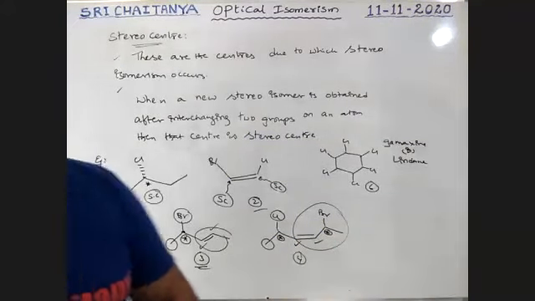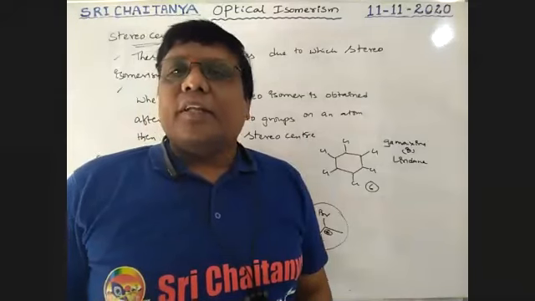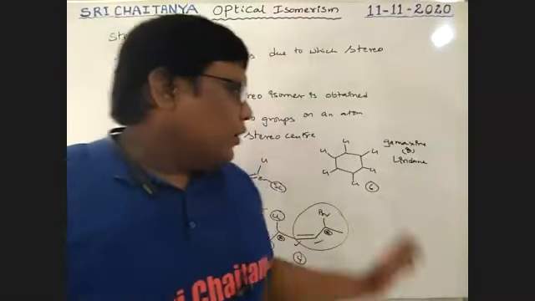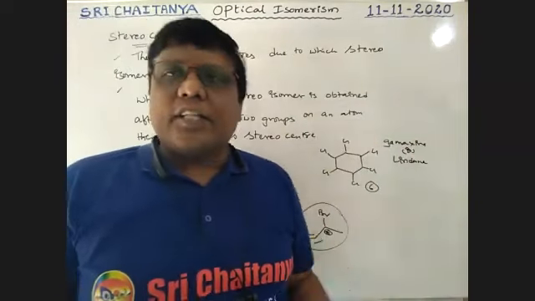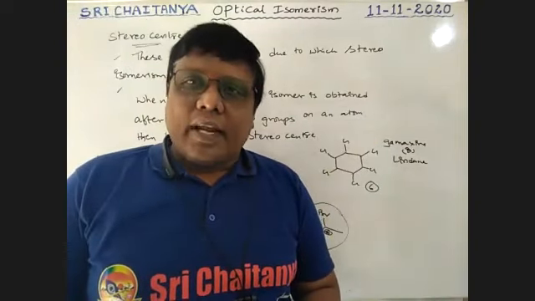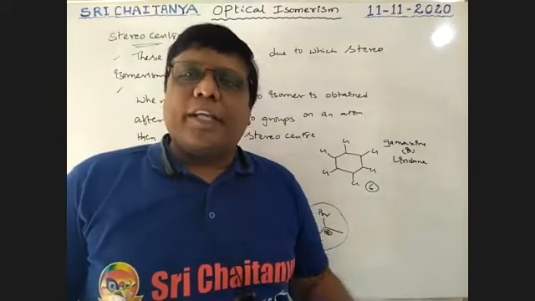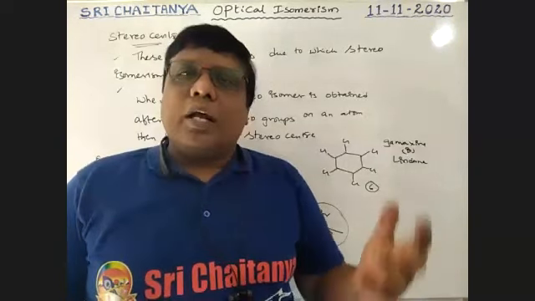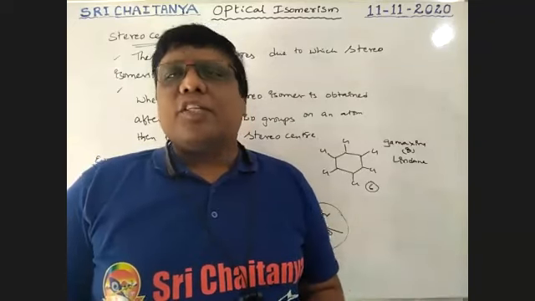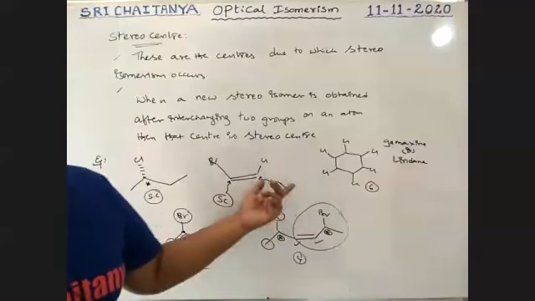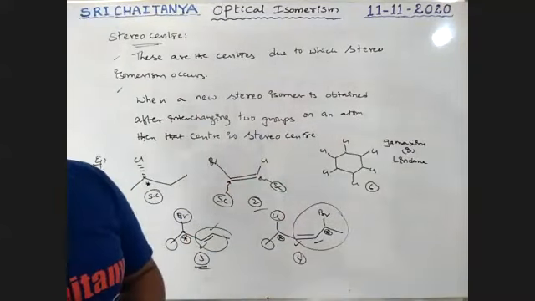A stereocenter here explains up and down. Cis and trans conditions are applied, not optical. So geometrical isomerism is possible. All are up, all are down. So every carbon is a stereogenic center. So this is the way to explain it.